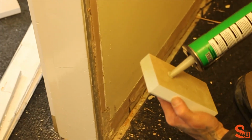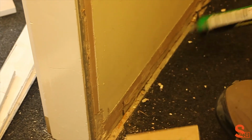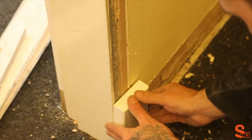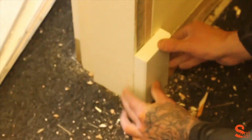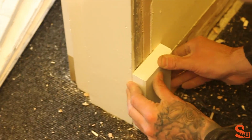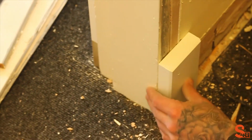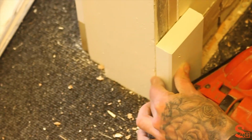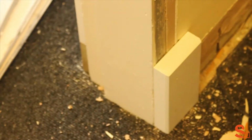Then we need to fit the last plinth block. Again, fit this flush with the door frame. Use the method of your choice for fixing it. Again, clean off any additional plaster or paint which may have been left behind after removal. And speed this up now, making sure